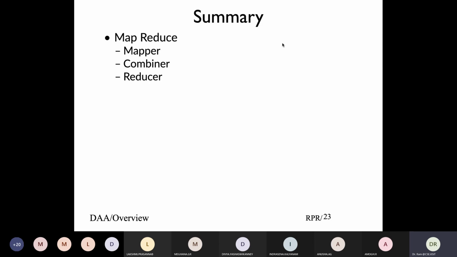So what we studied: we looked at MapReduce for the word count. We looked at the Java program. We looked at mapper, combiner, reducer. We looked at the streaming interface, which is given by Hadoop. We looked at how we can use basic Unix command lines. We also wrote a Python program. One mapper could be a Unix command line, the other could be Python, or both Python, whichever way it is. But when you use the Hadoop interface, you have to make sure that the options dash input and dash output are given. Otherwise, you'll get an error. So with that, the current topic is over.